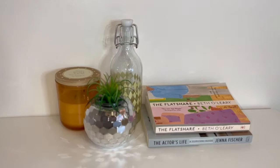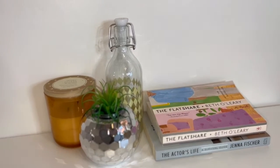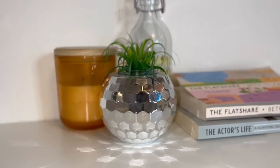So I eat my meals here. I'm very much an I-need-to-eat-at-a-table sort of girly. So having some sort of table space was really important to me. On top of my table, I just have a couple books and a couple little knickknacks. So I just have some glassware, a candle, and then this is actually a mirror ball cup